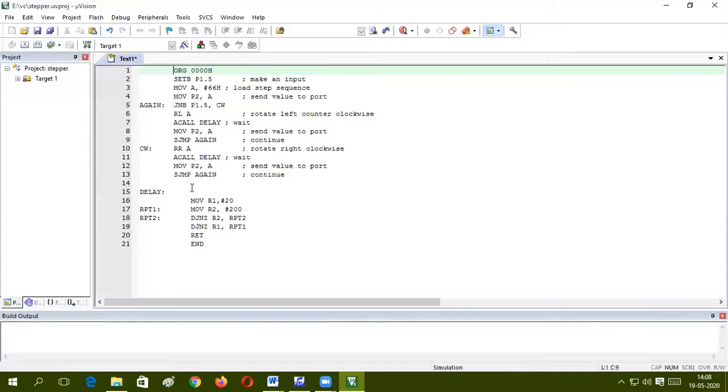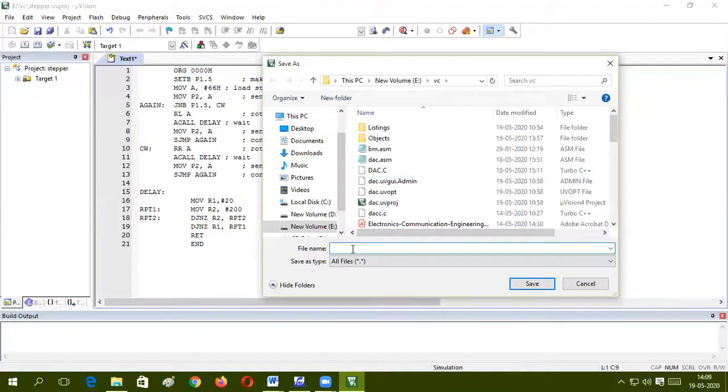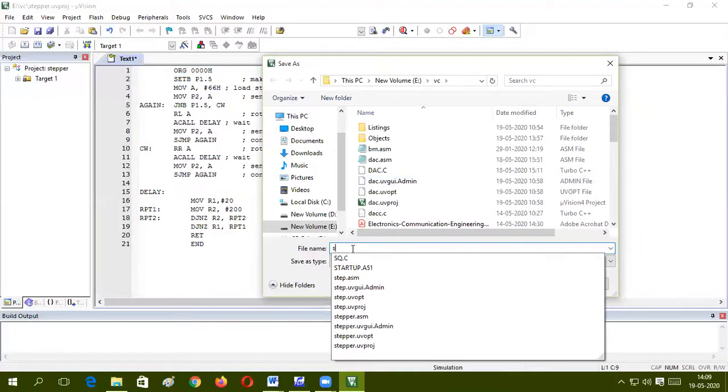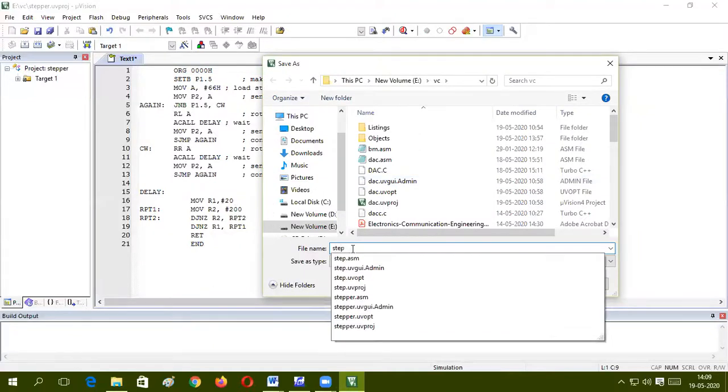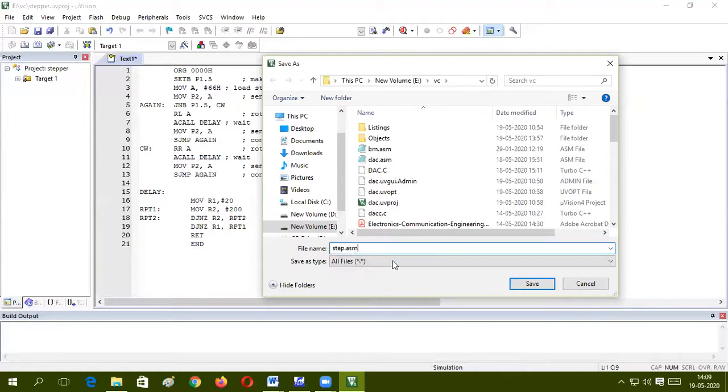So let us learn how this particular code needs to be converted in order to dump it to the 8051 microcontroller. So first you save this, give a name for this file. So I write step dot asm, extension asm for assembly code, and save this.